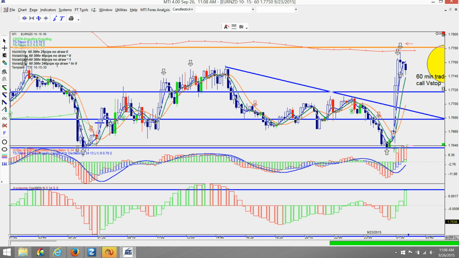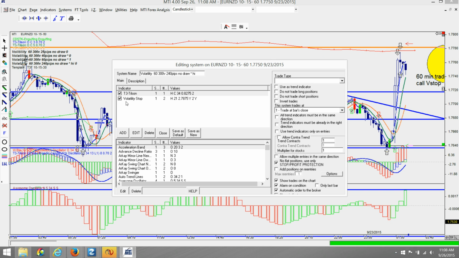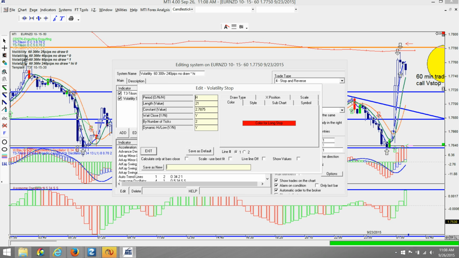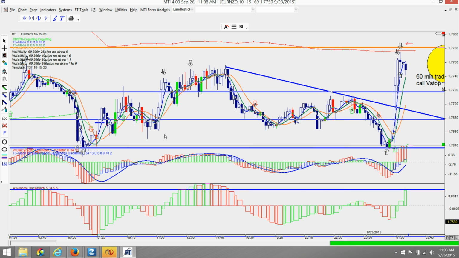Just click on it. You see, I have 25, 40, 60, and a 240 pip target. Just right click on the 240, or whichever one you would like, because we're not going to use that entry. Then right click on it, edit, and just put an H here for a higher time frame. Exit, and then close. And now you'll have this volatility stop line